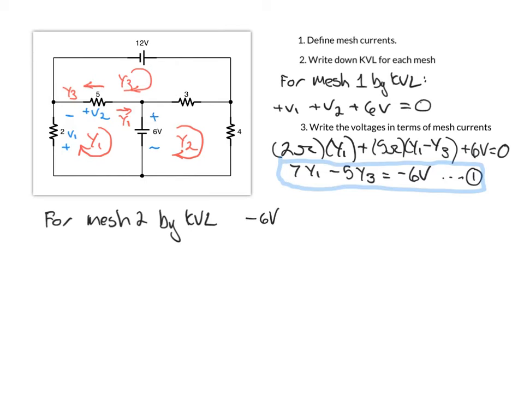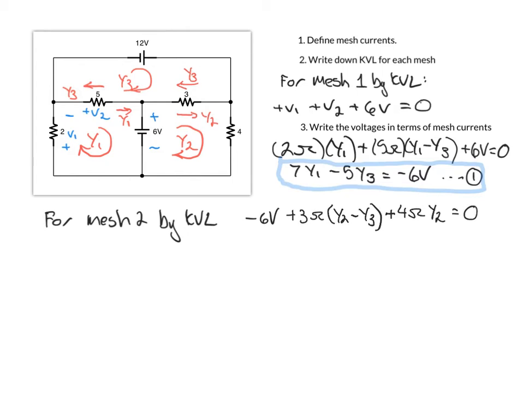For the 3 ohm resistor, we've got Y2 flowing in this direction, and we've got Y3 flowing in this direction. So we've got plus 3 ohms times (Y2 minus Y3). And in the 4 ohm resistor, there's only Y2 flowing, so it's plus 4 ohms times Y2,